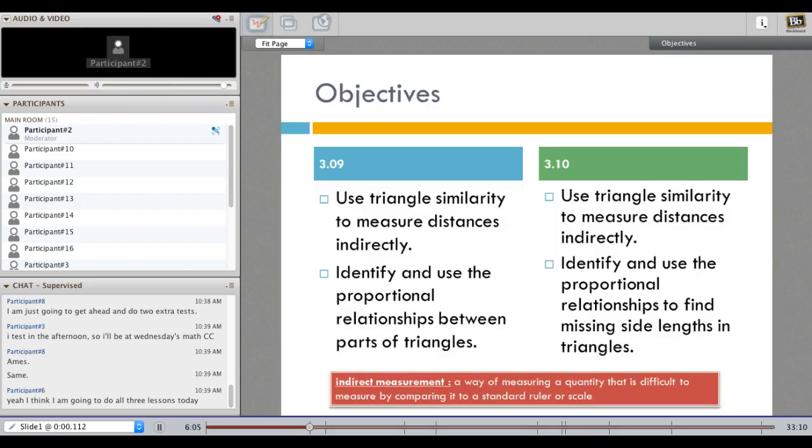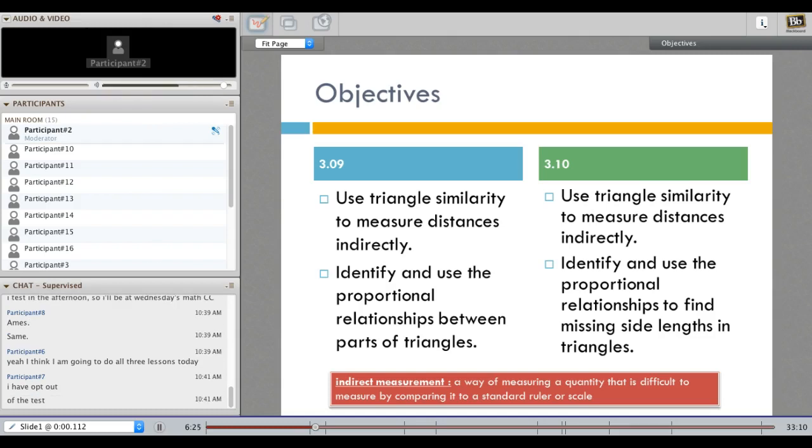Alrighty, let's get going. So the objectives, what we're going to do today, we're going to cover 3.09 and 3.10. And then my goal on Wednesday is to do 3.11 and 3.12. That way everything for Unit 3 is covered, even though I won't be seeing you next week. I already have a recording for the test, and that way you'll be ready to go. We've talked about all of Unit 3 up to that point.